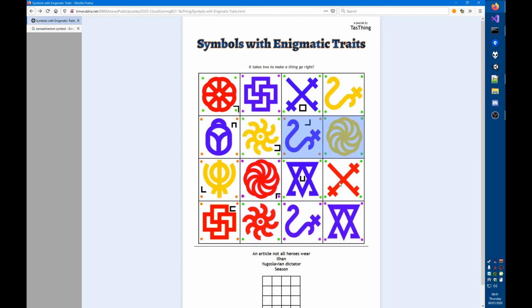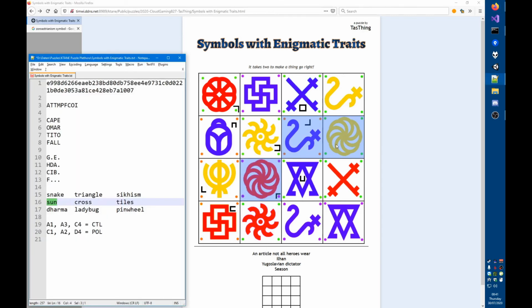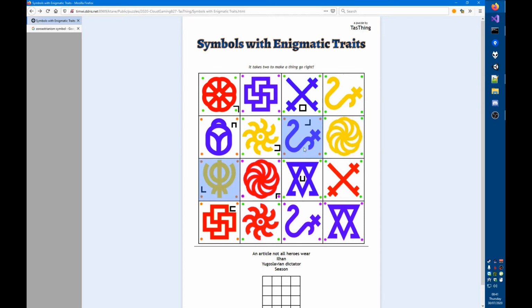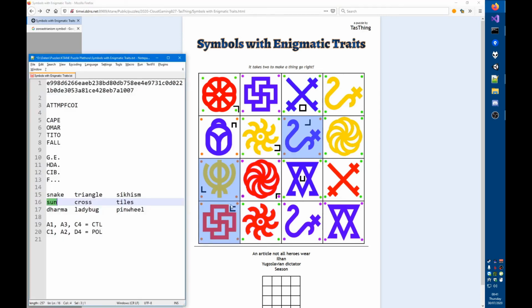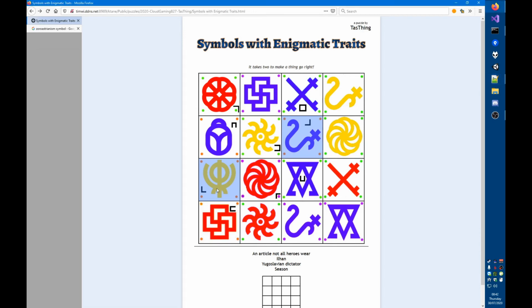This requires a red symbol with purple dots, which would only be this, so let's see if snake, oh, that would be the same symbol as that, so no. Now we need a red symbol with purple dots, so let's see if that works. We have snake and Dharma, that requires sun, so no. And there are no other red symbols with orange dots. This requires a yellow symbol, we don't have any more yellow symbols, and these are all repeats of the blue symbol, so that's done. This is the same symbol. Right, could this combination work?